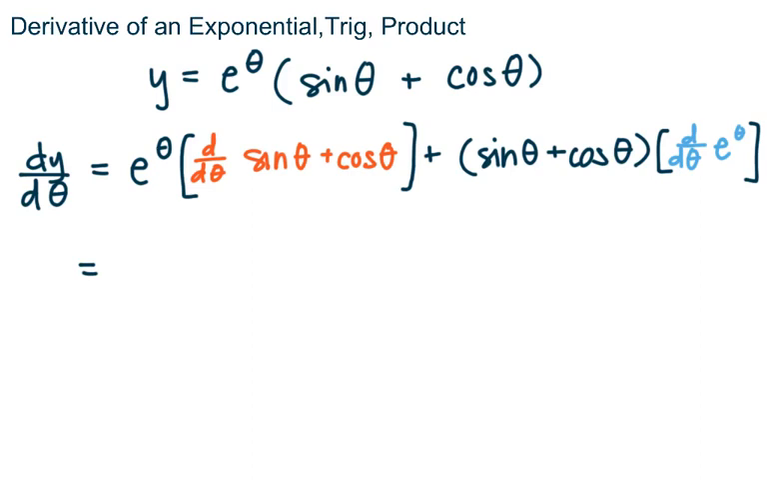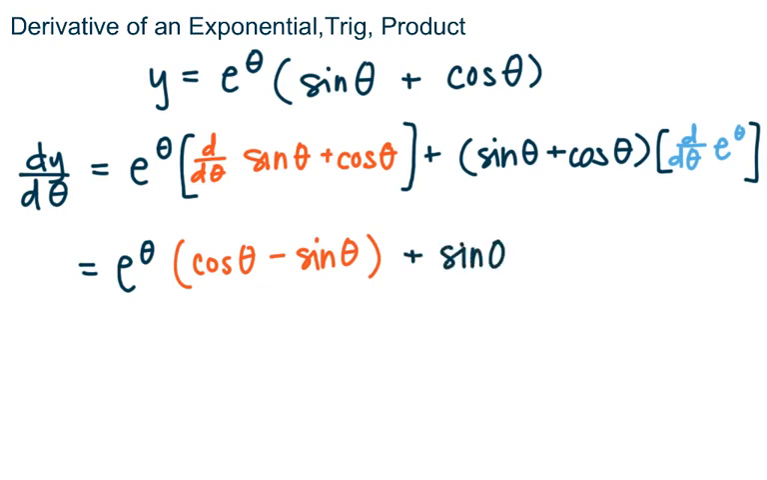So e to the theta will remain e to the theta. There's nothing to do there. The derivative of sine theta is cosine theta, and the derivative of cosine theta is negative sine theta. Plus, we have (sine theta plus cosine theta) times the derivative of e to the theta, and the derivative of e to the